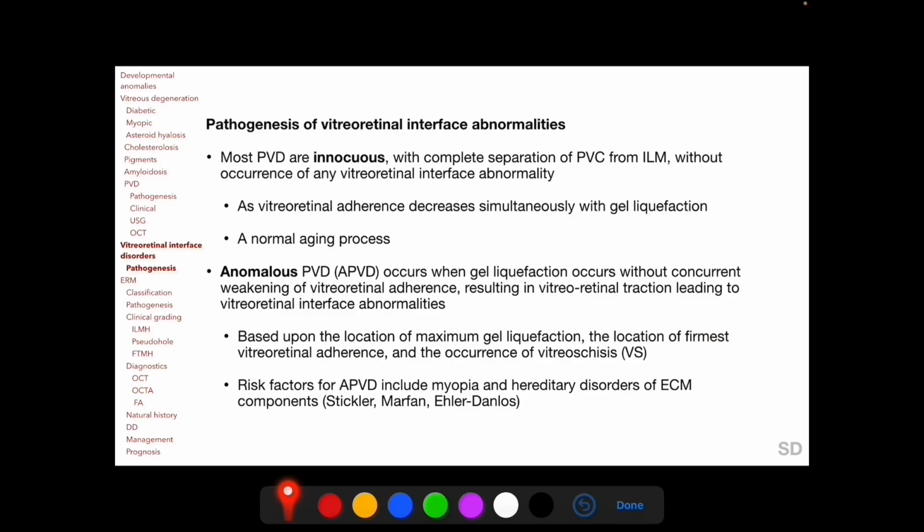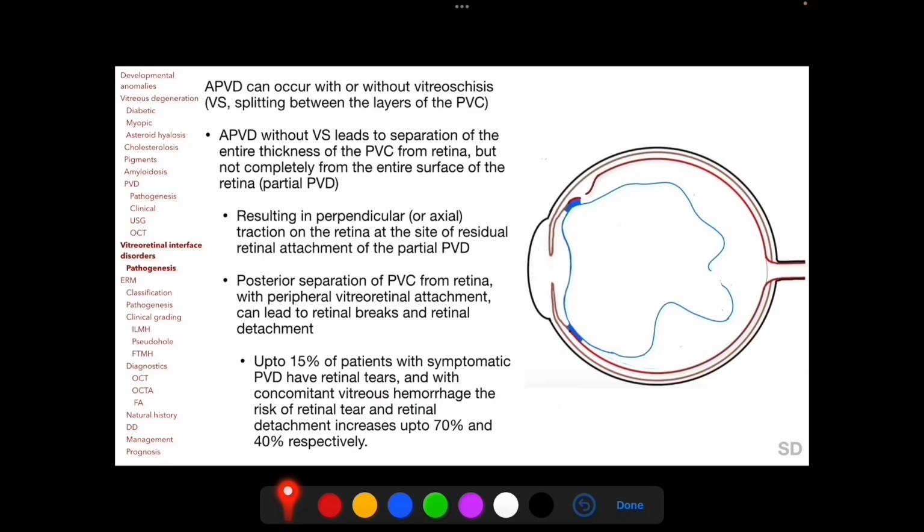Risk factors for APVD include myopia, as we have discussed, and hereditary disorders such as Stickler, Marfan, and Ehlers-Danlos syndromes. Anomalous posterior vitreous detachment can occur with or without vitreoschisis, which is splitting between the layers of the posterior vitreous cortex. Anomalous posterior vitreous detachment without vitreoschisis leads to separation of the entire thickness of the posterior vitreous